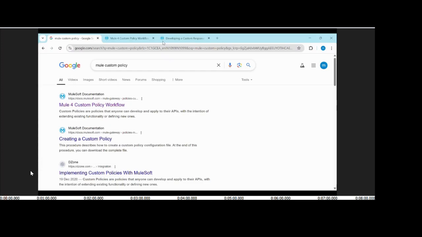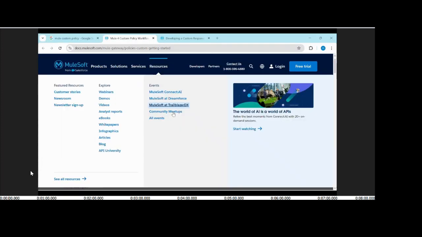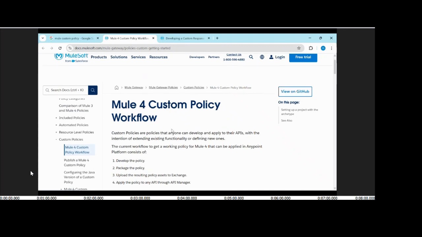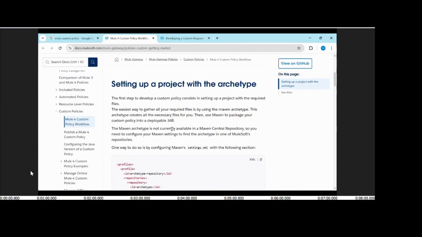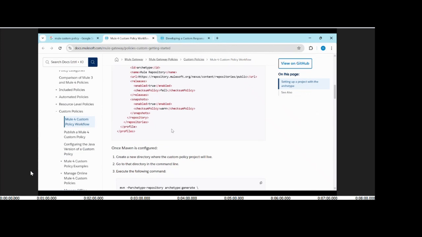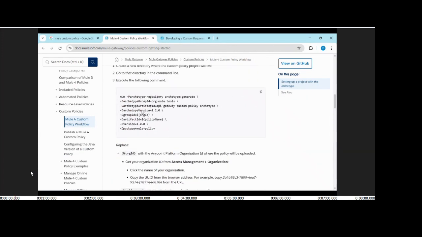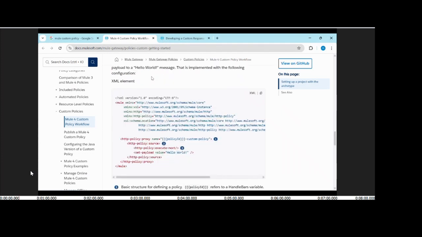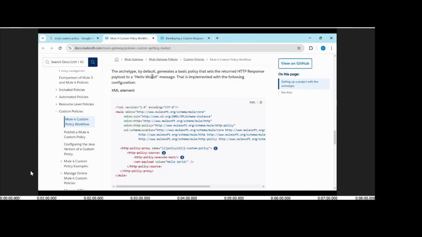For this, you search Mule custom policy on your browser. The first link that you get, the MuleSoft custom policy workflow, gives you information on how to use the Maven archetype command over here to generate your custom policy project. This project will contain a Mule XML file with the name template.xml and the contents as shown over here. Here you see an HTTP policy, a proxy,